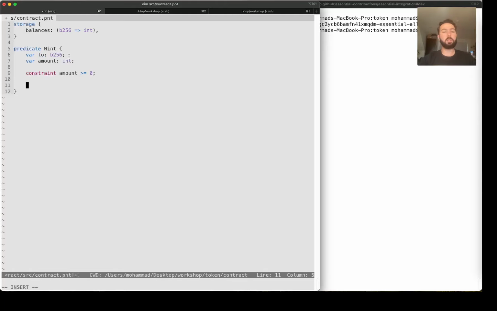I need to create something called a state variable. And this is a variable that starts with the keyword state. And I'm going to call that balance. And I'm going to initialize that to storage::balances of 2. So this is saying